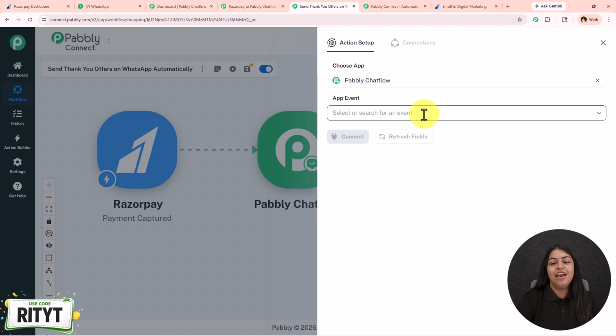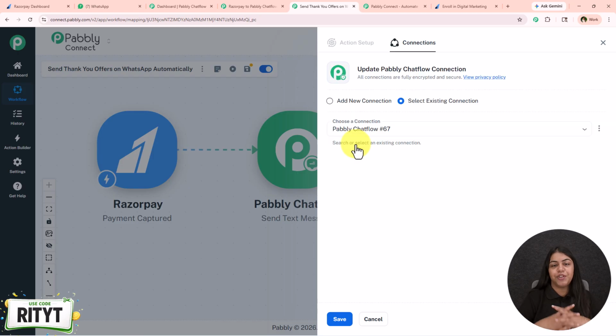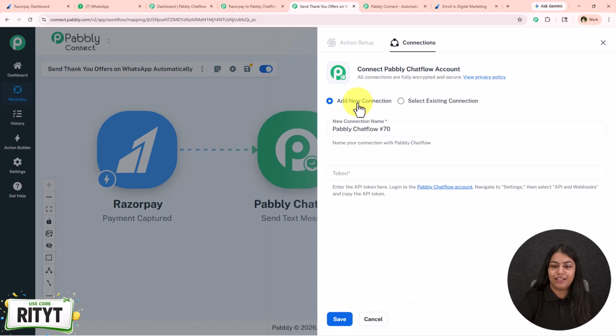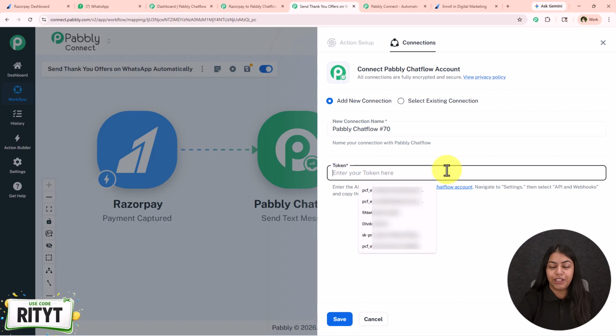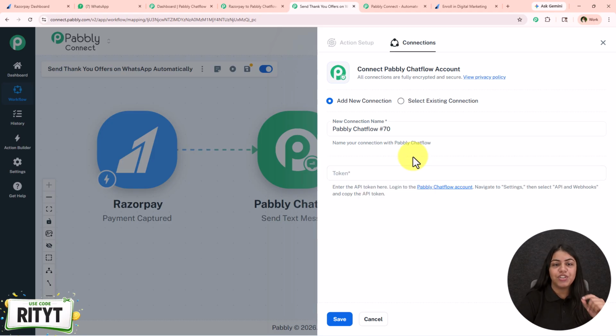So select it. For the event, select it as send text message and click on this connect. Now if you already created a connection between Pabbly Chatflow and Pabbly Connect, then click on this select existing connection and then save. But if you haven't, follow me, click on add a new connection, and it is asking for the token. So to get this token, you just have to open your